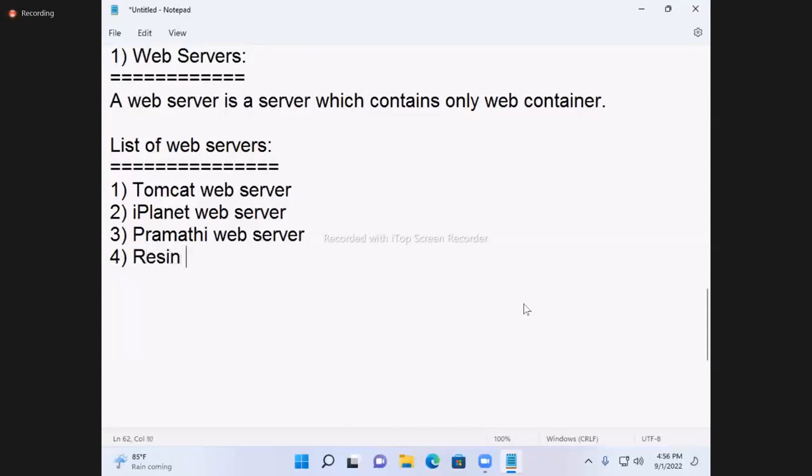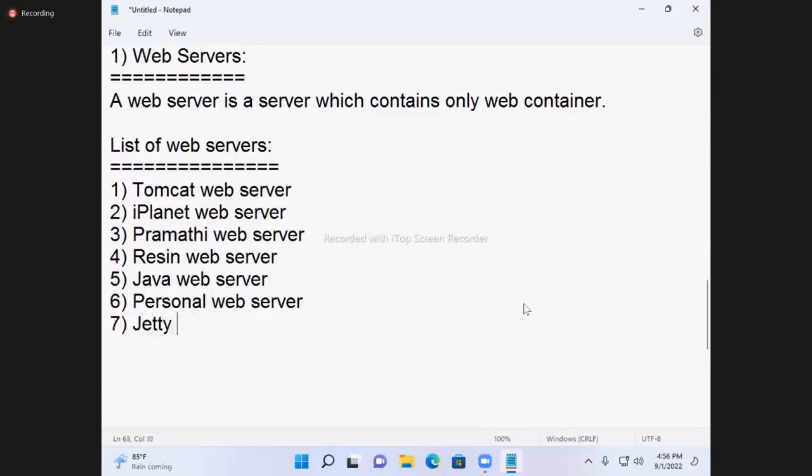Resin web server. Java web server. Personal web server. Jetty web server.